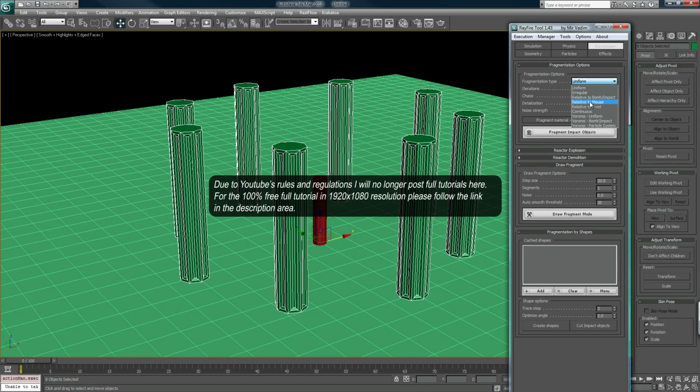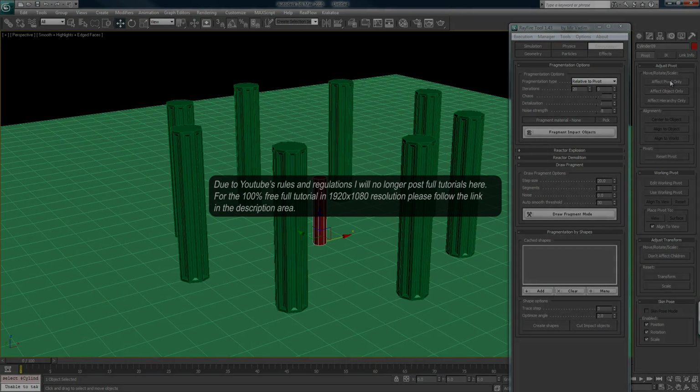So now that we have that, we can change this to relative to pivot. That means as it fragments all these objects, it's going to fragment them relative to